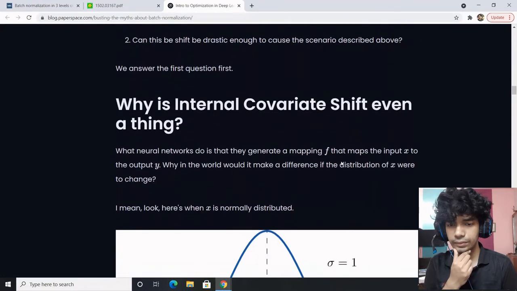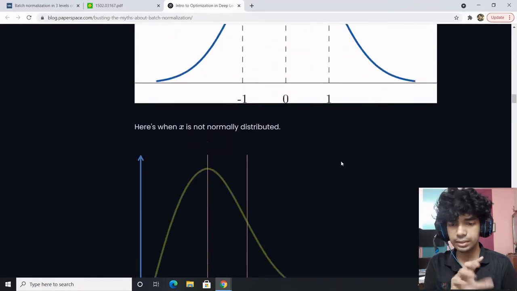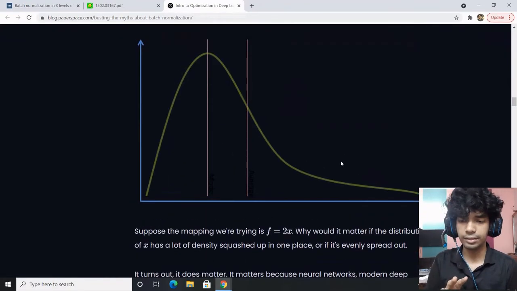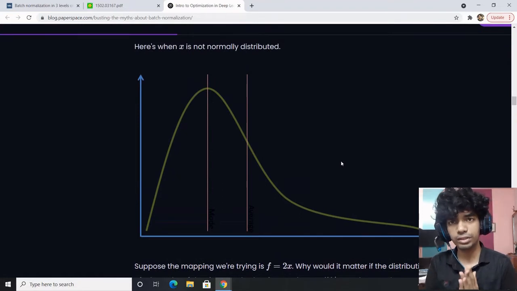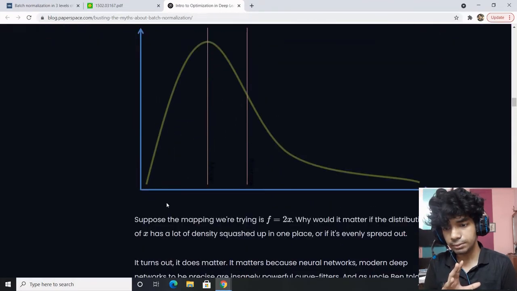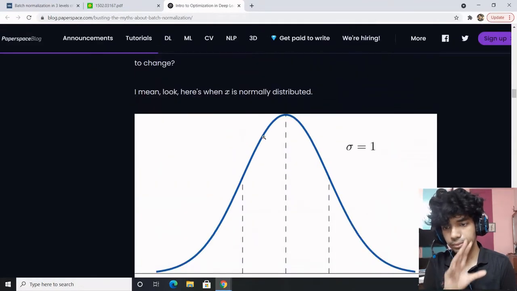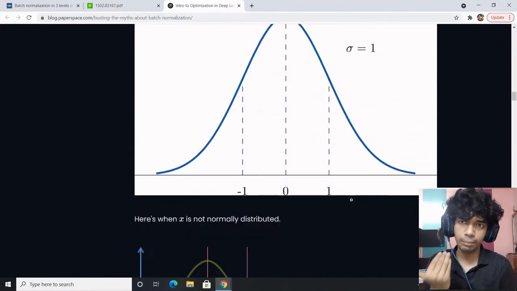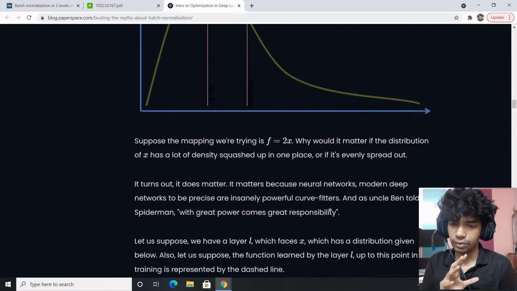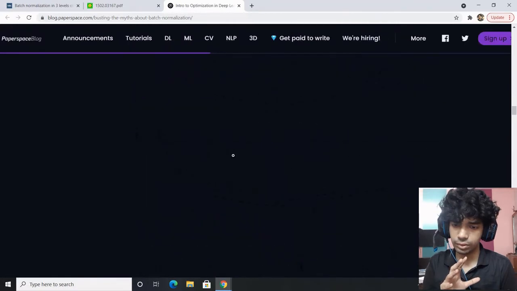Why internal covariance shift is even a thing. So I'll not read the article. This is the diagram which talks about what internal covariance shift is. Let's say this was normally distributed data. Then came a batch of data which follows this distribution. So following this distribution, what happens